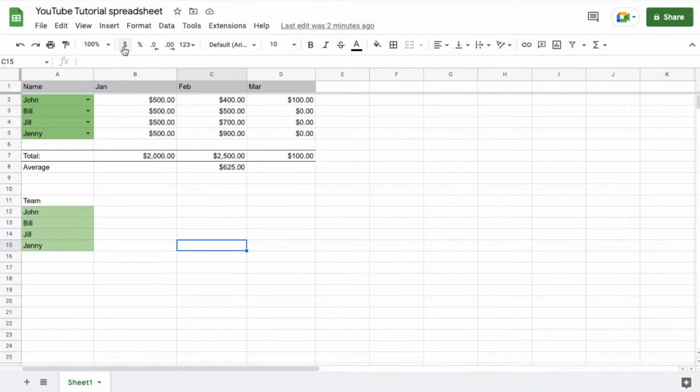Okay, so as you can see, I have a really small, kind of simple Google Sheets spreadsheet here. And basically over here on the left, we have our team members. And at this point, they're just randomly arranged. And so I'd like for them to show up in an alphabetized category, meaning A through Z is how they will be sorted. So I'm going to show you my really quick way of doing this just to make it